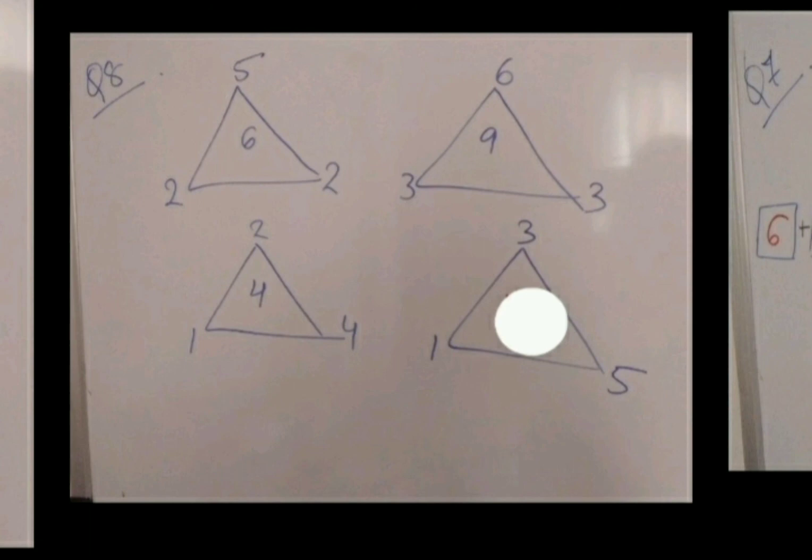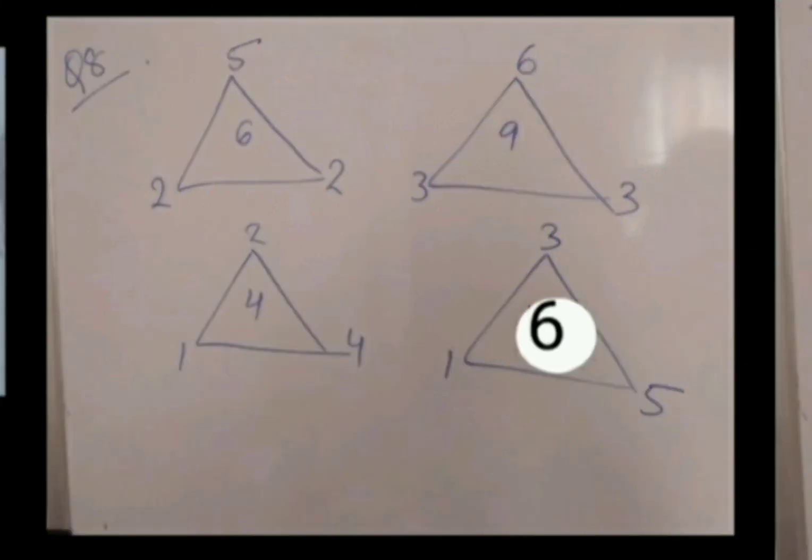Next, in this question, in the fourth triangle, we have to find out what should be in between. There's again one pattern that we need to find out using the other 3 triangles, and with that pattern we need to solve the last triangle. Coming to the first triangle, we have 6 in between. In the second triangle we have 9 in between. In the third one we have 4 in between, and in the last one what should come? 6 should come. I will tell you how I calculated this. We simply need to add all the corners. 5 plus 2 plus 2 counts to 9, and we need to subtract 3 from each triangle.